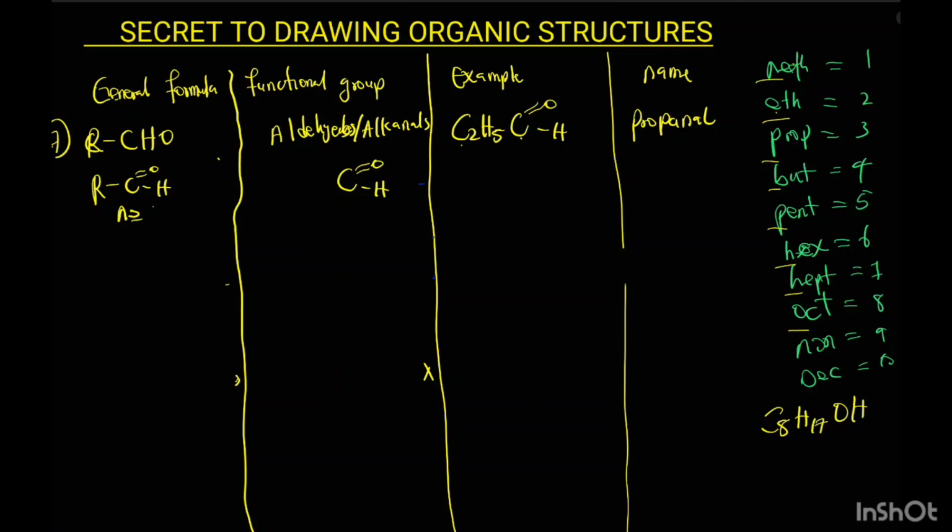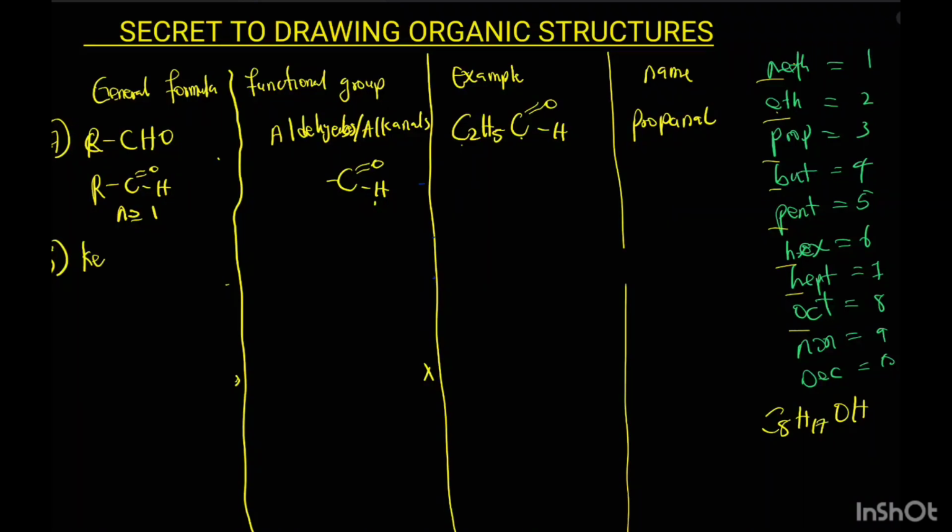It is also important to know that here N is greater than or equal to 1. That means the first member of the alkanals starts from carbon 1. So we can just add hydrogen here, now by having what? A methanal. That is an alkanal with 1 carbon. Are you with me? Okay, so the next one we are going to be dealing with as number 8 is